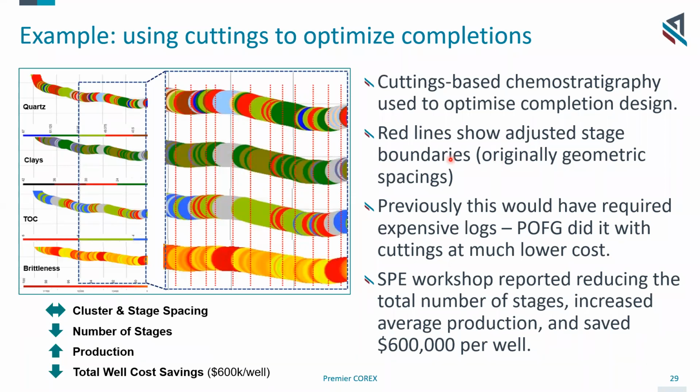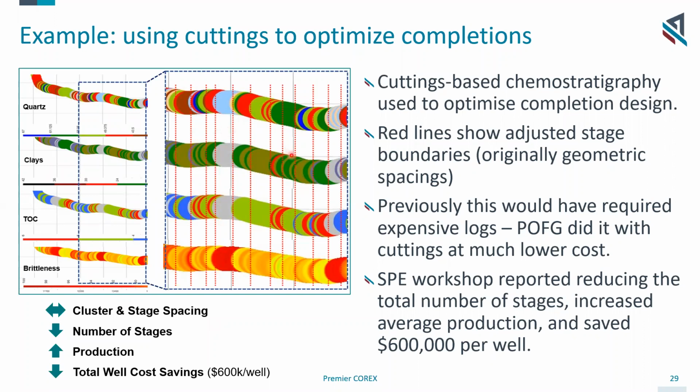And in this particular example, I hope you will be able to see this. This is the well bore trajectory for a horizontal well in North America, and we've plotted out the quartz, clays. In this particular example, we've got TOC and then brittleness. We'll have a closer look at those plots in a moment. But needless to say,